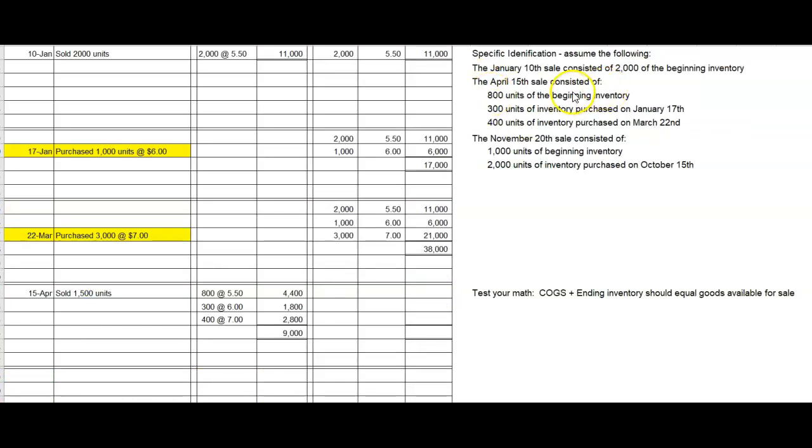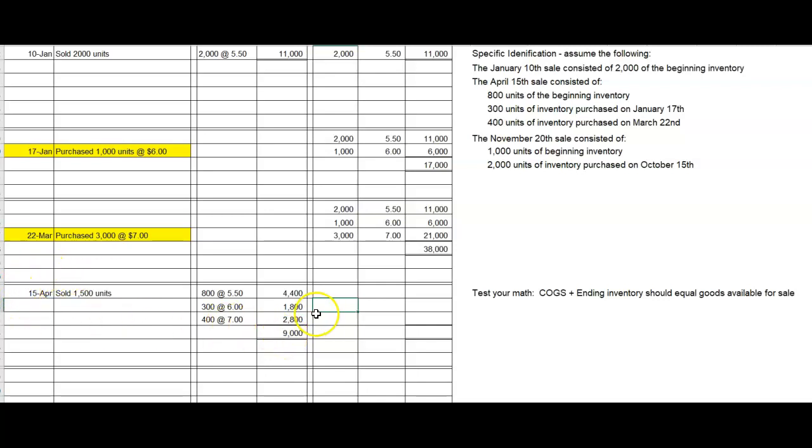800 units of the beginning inventory with a cost of $5.50, $4,400 as part of cost of goods sold, plus 300 units from the January 17th inventory, which had a cost of $6 per unit. 300 times 6 is $1,800 cost of goods sold for those items, plus 400 units of inventory purchased on March 22nd at a cost of $7 each. 400 times $7, $2,800 for those items. Add it all up, and we have cost of goods sold under specific identification of $9,000 for the April 15th